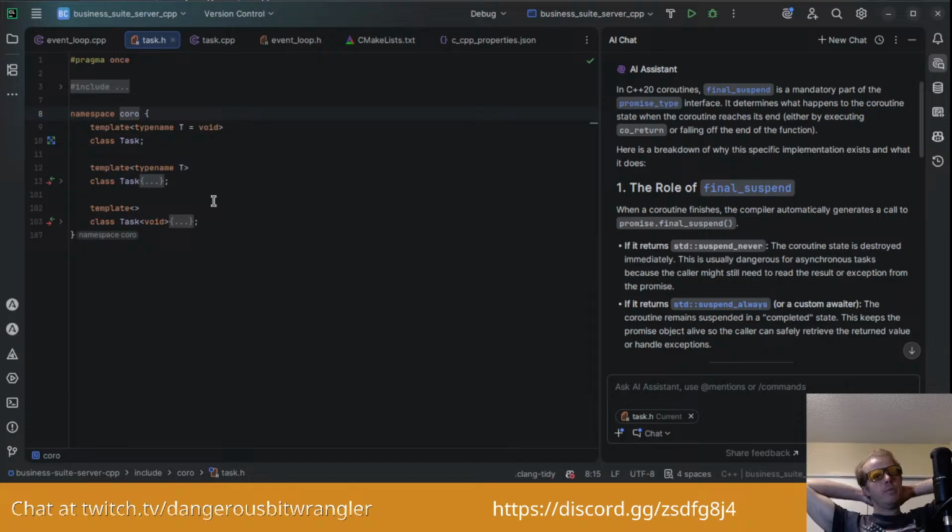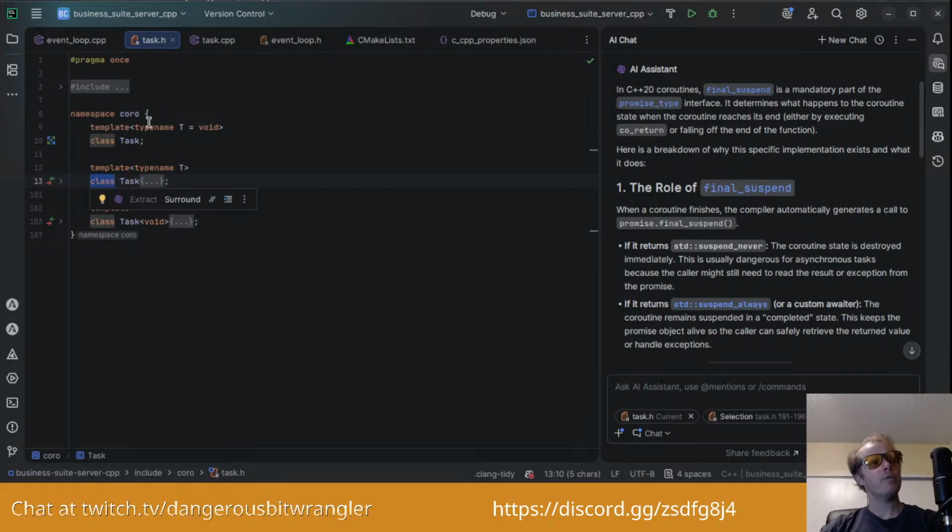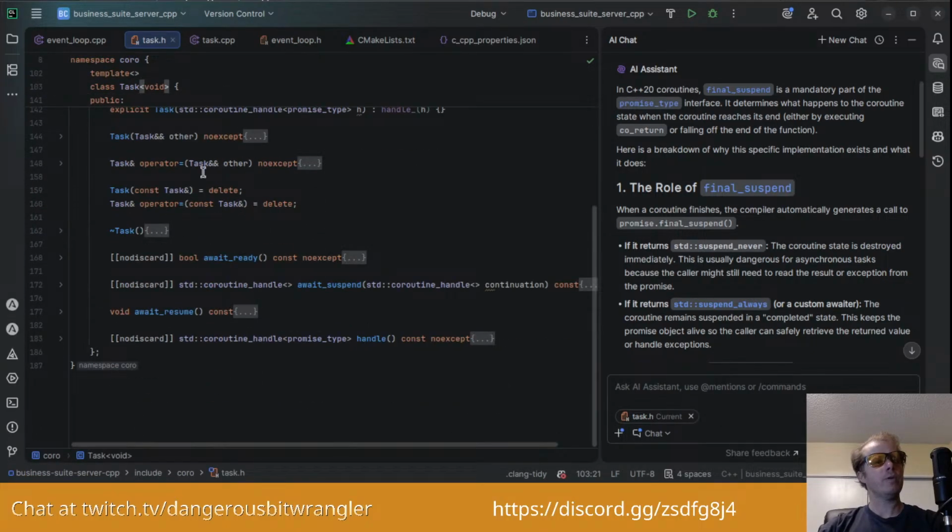So we're telling the compiler that's the name of the class, and the type is optional, and therefore if you don't provide a type, it'll just be void. Then on top of that, you have to define the implementation or the header for both class types, for the class where they pass a type and when they don't pass a type. And that way you can have different method signatures and implementations.